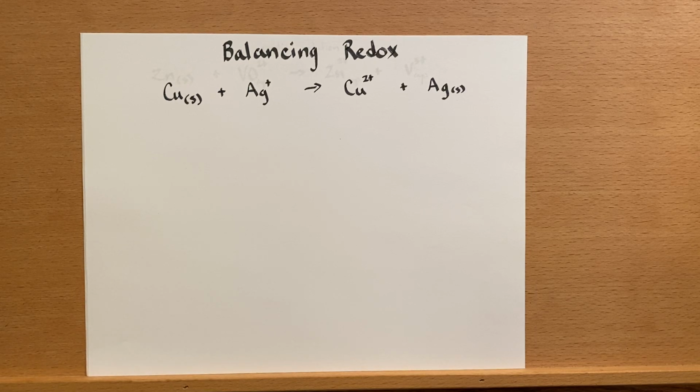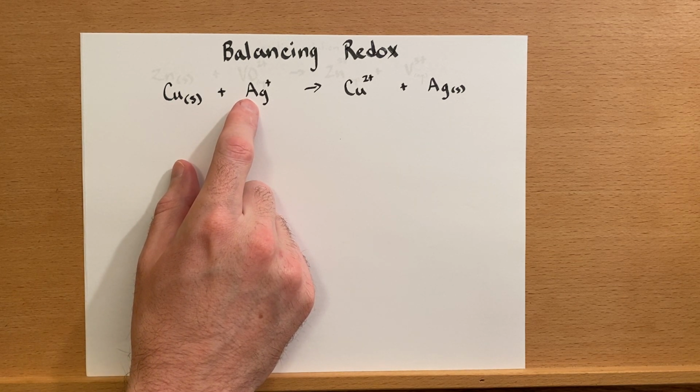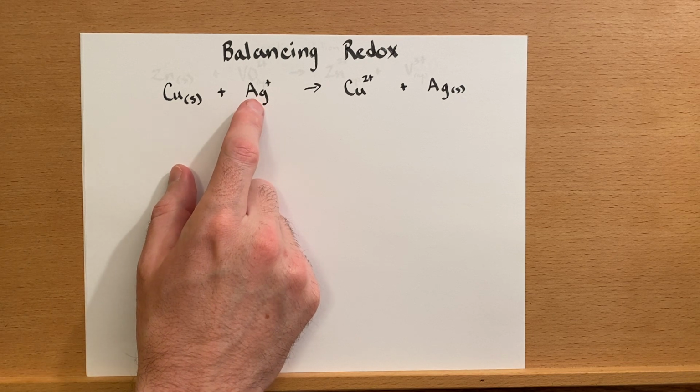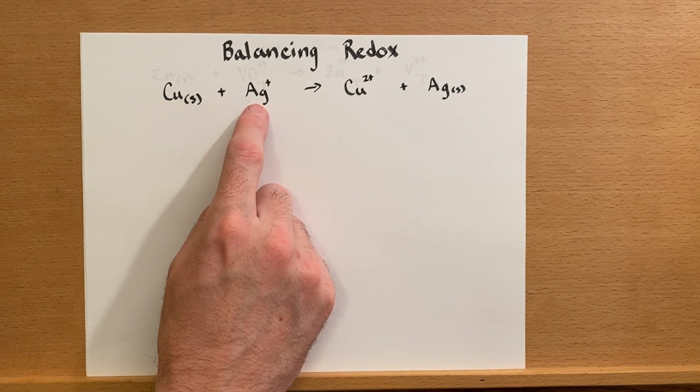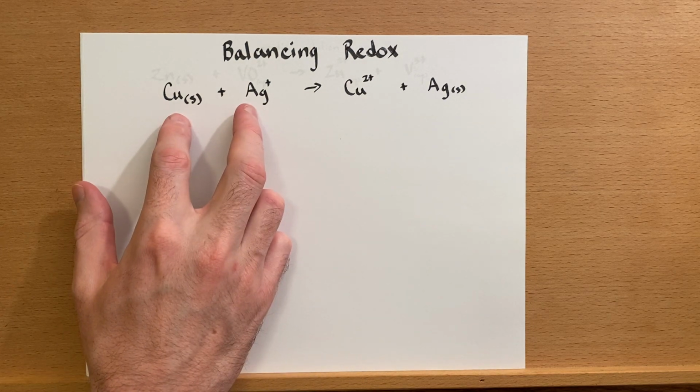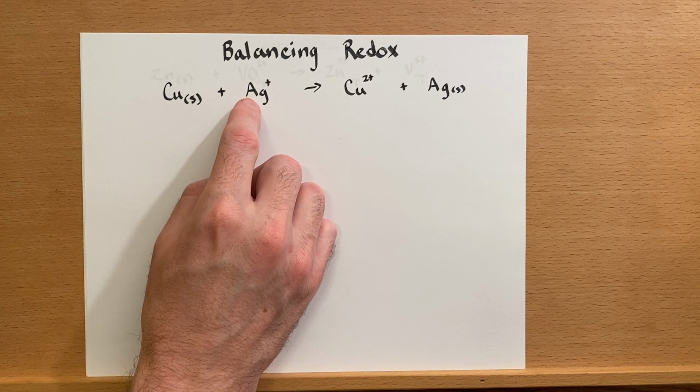Let's talk about how to balance redox reactions. I've written a very simple redox reaction up here, and that's the reaction between copper metal and silver ions that are dissolved in solution. When you combine these two chemicals together,